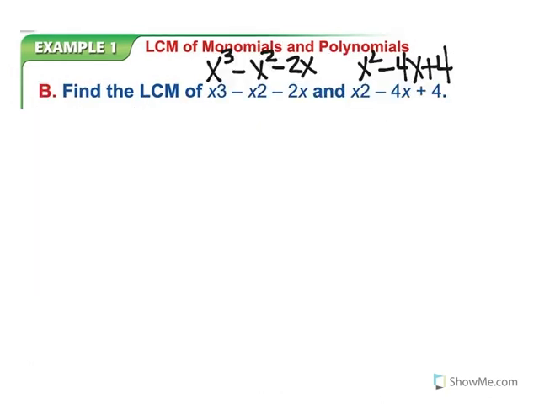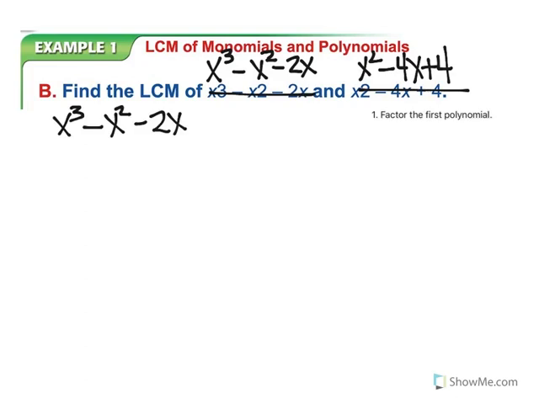Alright, example 1b, we're going to find the least common multiple of x cubed minus x squared minus 2x, and x squared minus 4x plus 4. The first thing we need to do is factor the first polynomial. Each of these have an x in common, so you can factor out an x, and that leaves us with x squared